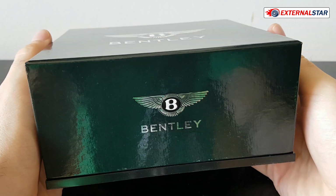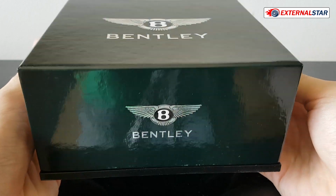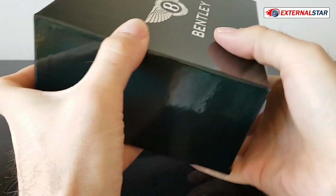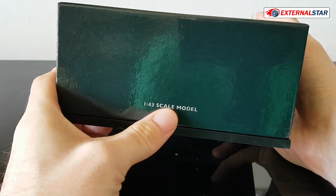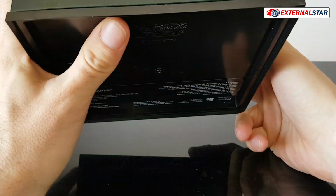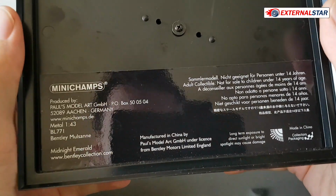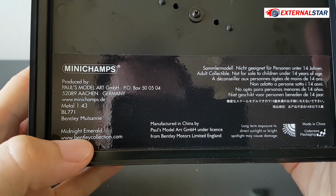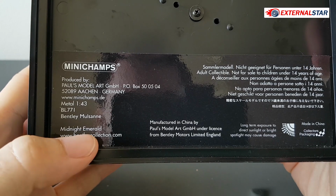So it looks very beautiful actually. Here we can see this beautiful Bentley logo all over the box. So here is 1, 2 and here 1:43 scale model. Okay, and here we also have some details. So what do we have here? Midnight Emerald, so that's the color,